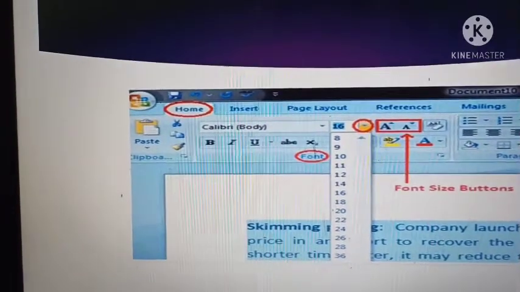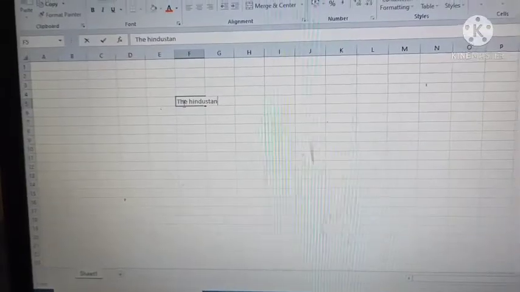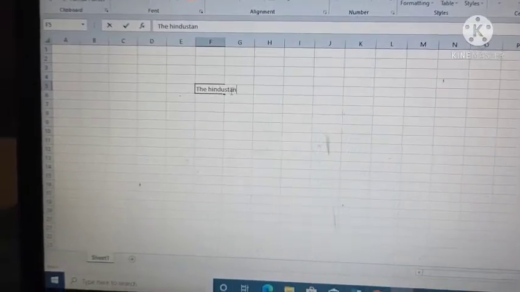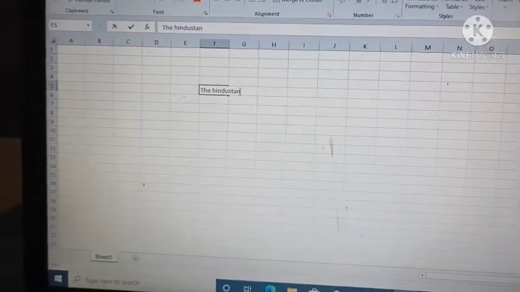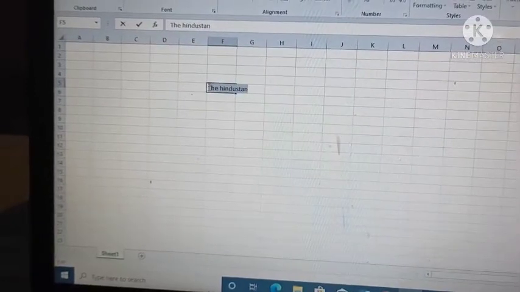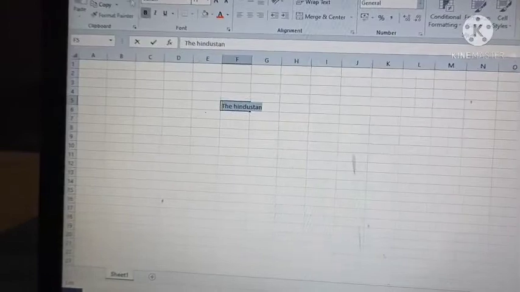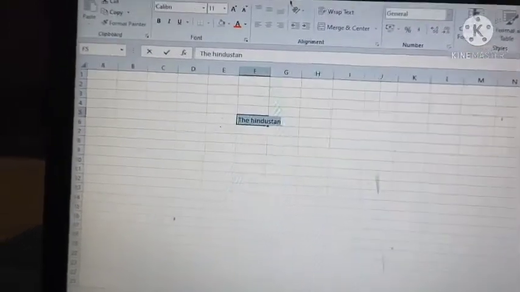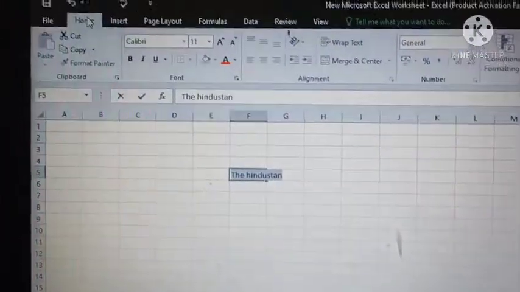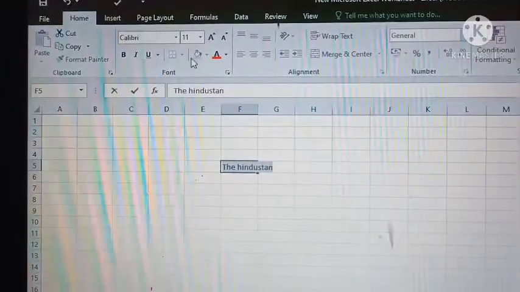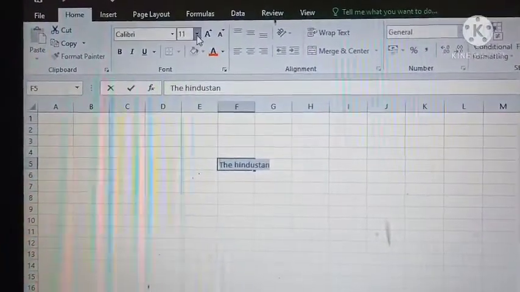Okay, I am going to show the practical of this topic. Firstly, select the cell. After selecting the cell, go to the home tab. In the font group, the font size drop down arrow is present.